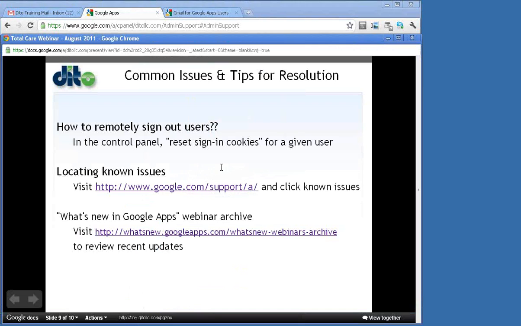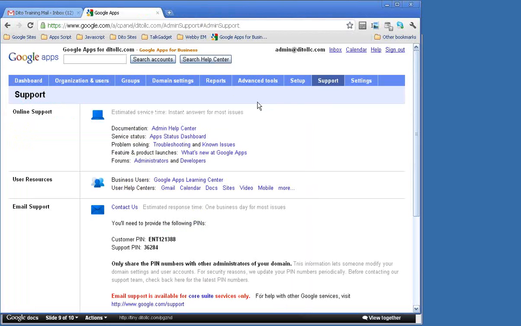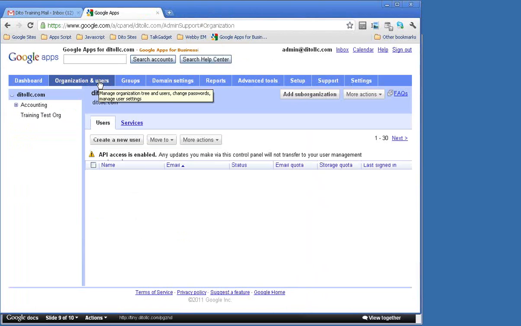All right, I want to spend some time here. We're doing very good with time. Let's see, how to remotely sign out users. In the control panel, reset the sign-in cookies for a given user. So as we go back to our control panel,